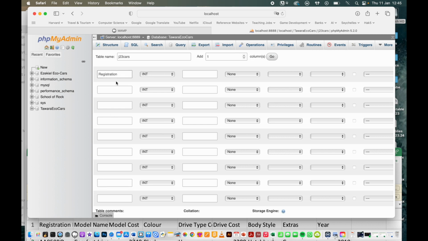Now the next one says model name, and I'm actually going to do this with camel case, which is where it has upper and lowercase letters, an uppercase letter in the middle, but no spaces. So I'm going to leave that as model name. I'm going to go down to here, model cost. So I'm following the instructions from the exam to the letter, exactly the way that they've asked me to do it. Color,